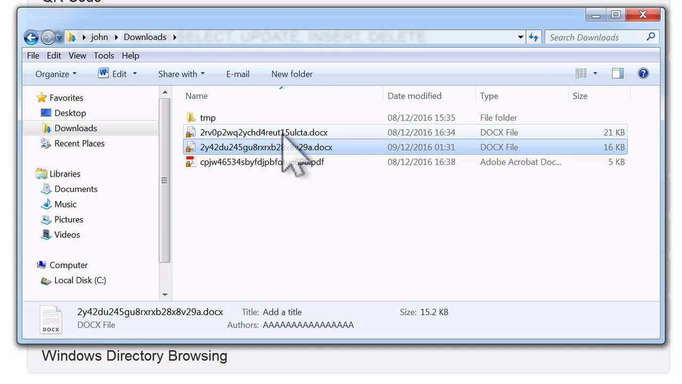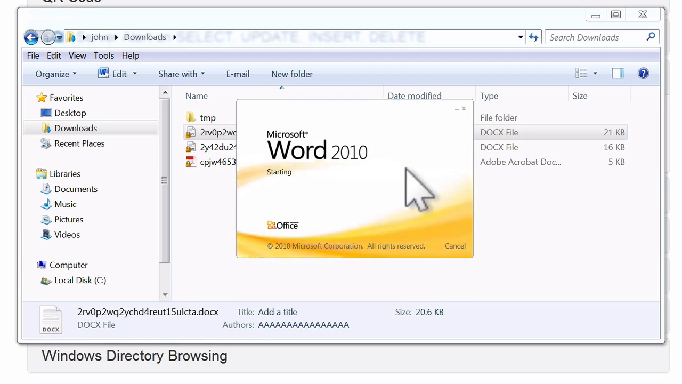Now I've created another example here. You can change the file name of this document, by the way, to anything that you like. Make it enticing for someone to click on. If I open this one a second,